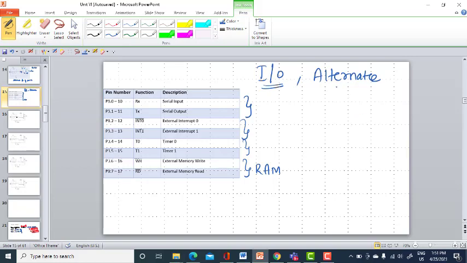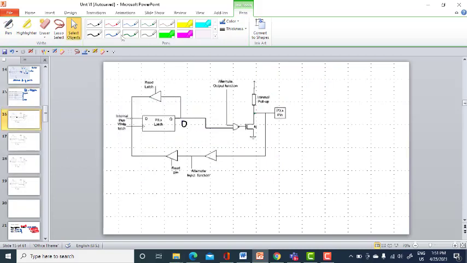So let me discuss only the alternate functions. For example, I will take only these two, the serial input and the serial output pins. The other two functions are much similar to this. For serial output, let me take the TXD pin, which is used for transmission.